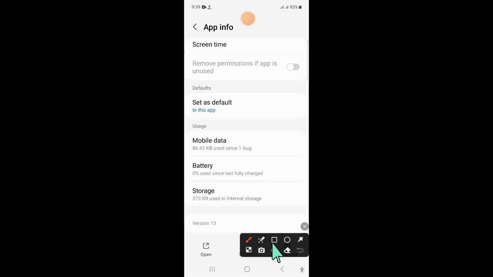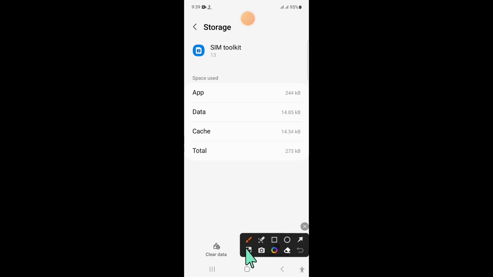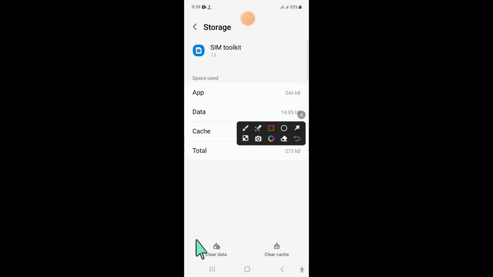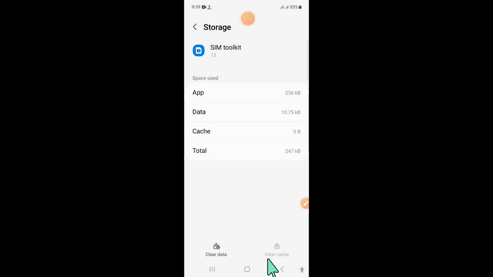Now in SIM toolkit, scroll down and click on storage, and after opening the storage, clear the app data and cache memory of SIM toolkit. Click on delete and then go back,